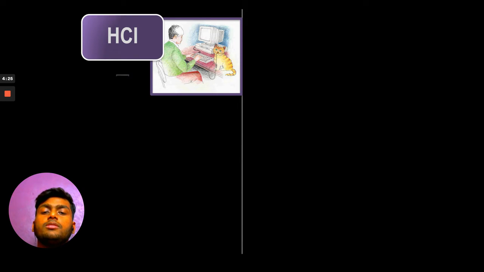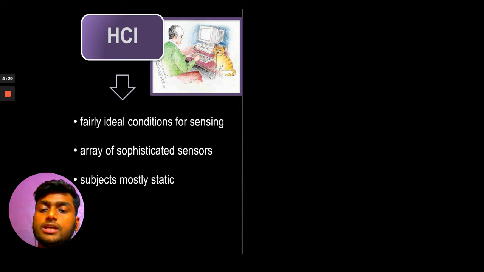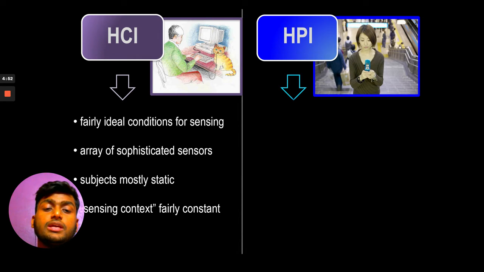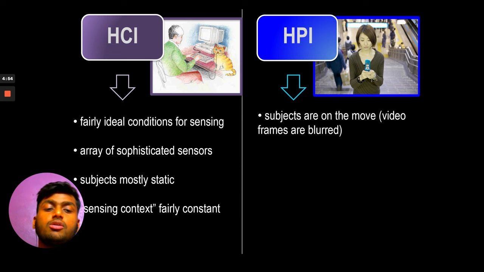So a side by side comparison of HCI and HPI goes like this. HCI in fairly ideal conditions can be useful, but fairly ideal conditions are pretty hard to get, you all know. It uses an array of sophisticated, very high demanding sensors, and the subject has to be static for HCI to perform well. Sensing context is fairly constant. In HPI, though, subjects are on the move.